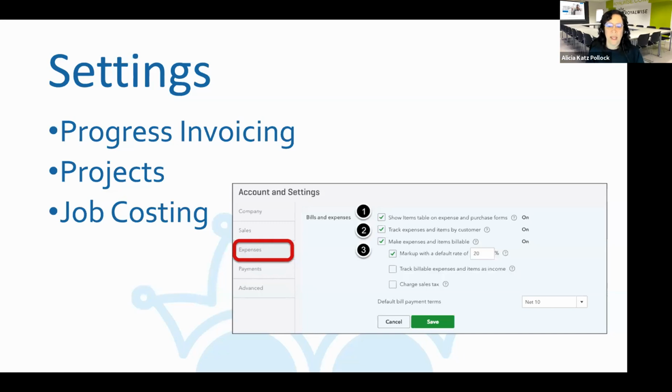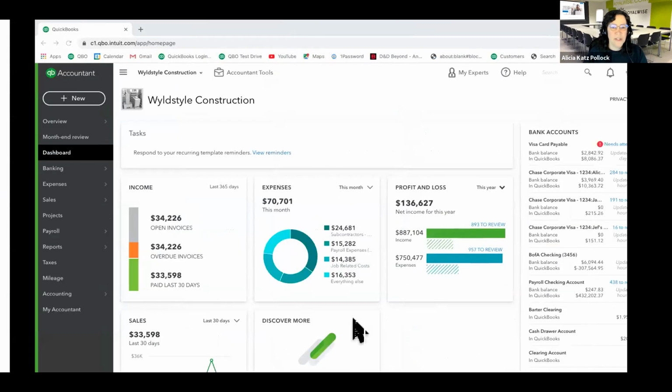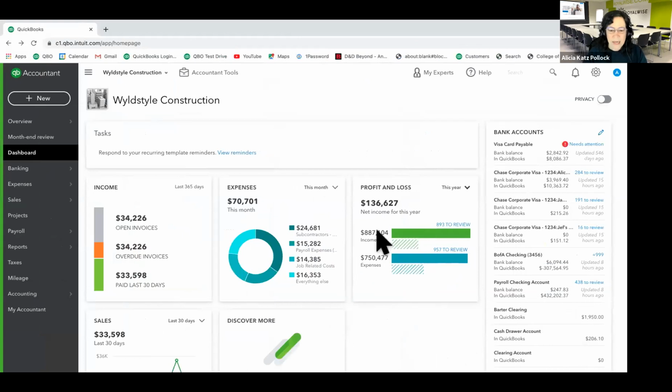You can also see here that you have the ability on step 3 to make items and expenses billable. I'm going to talk about that a little bit later on, but that basically means that you're passing an expense on to the customer to include it in their next invoice so that they can reimburse you for it. Now, I do want to go into my QuickBooks and show you the progress invoicing and the Project Center settings as well. Right now I'm in a fake company, Wild Style